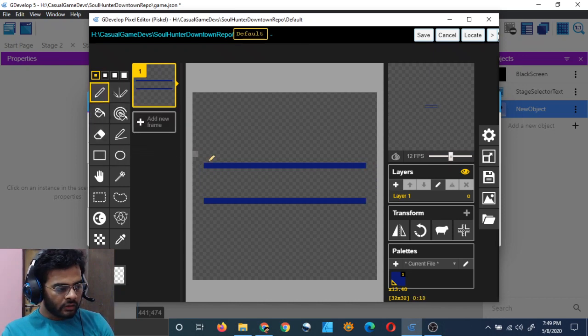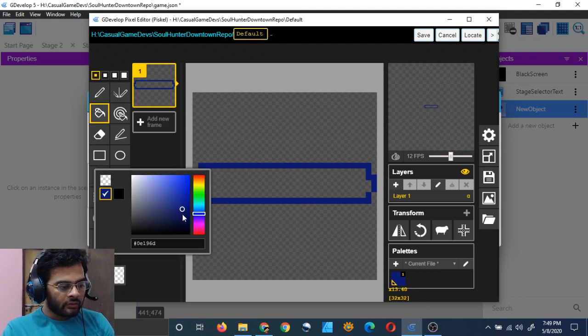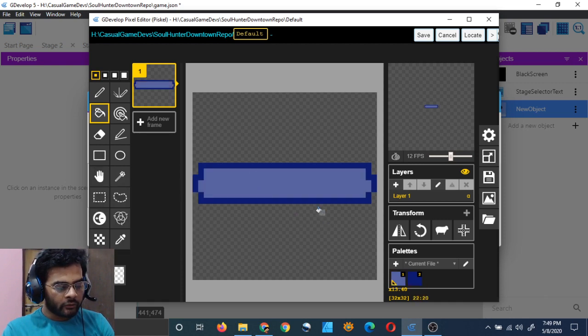I just want to add a little curvy effect like this. Just take it down 1 or 2 points and then click here, here, and then bring it here like this. So you have a little curved effect, something like that, right? It's looking okay. And then click on paint bucket and choose the lighter shade of blue and paint it in. So that's your button.